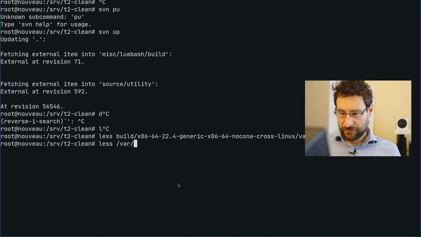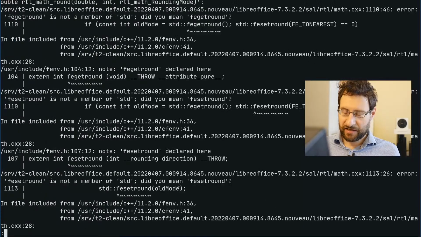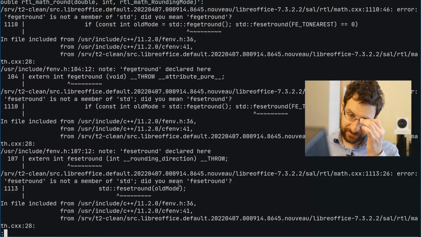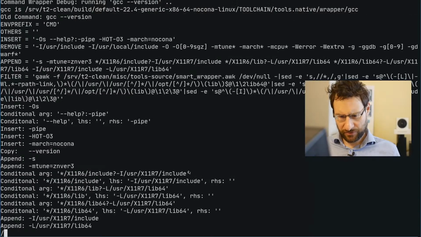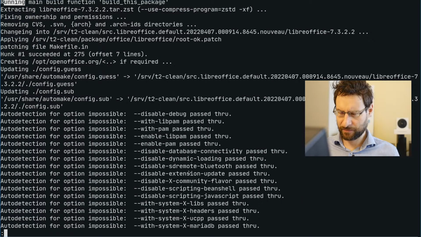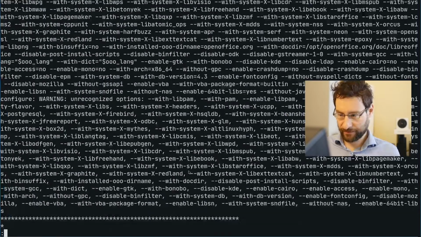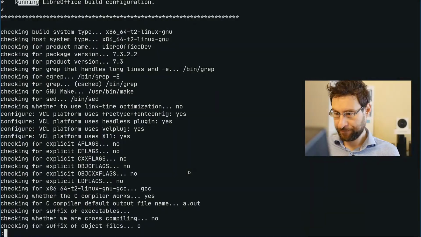Oh, wait a second, this is the wrong one. So I updated this already last night. And the other time, a year ago, when I wanted to build this, it also didn't build, but failed early with not finding its own libraries, like libsol or something like that. And so let's see what happens today.